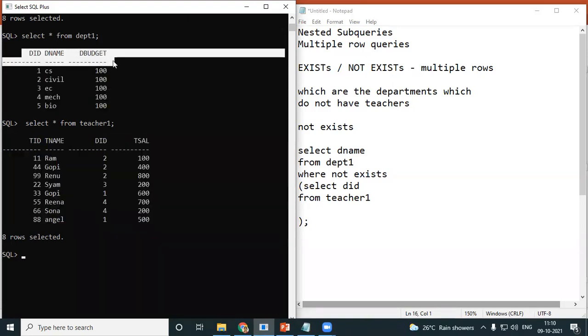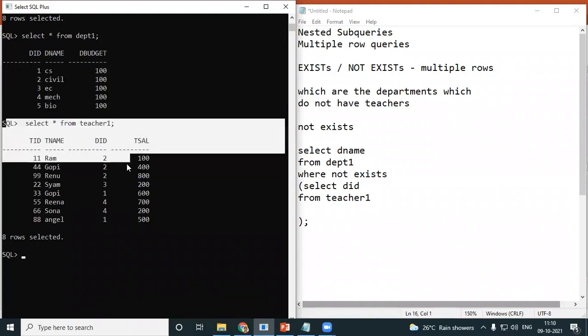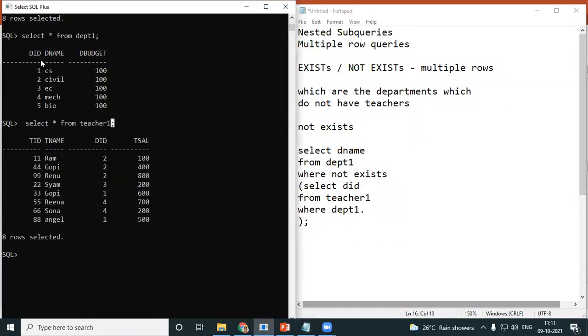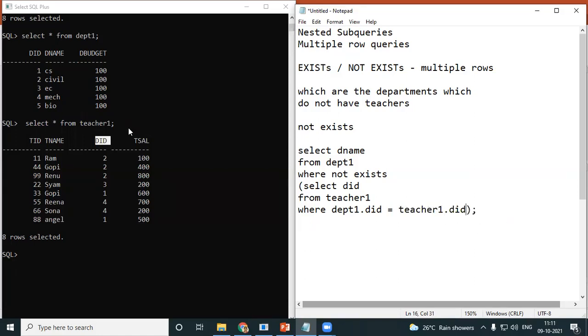So as I told you long back, whenever you want to do a connection between two tables, you should always have where DEPT1 dot, which is the connecting field, DID. Okay, Gloria told me earlier, DID is the connecting field. So now you're going to do a connection between the two tables to find out this answer. So you'll have to give department1 DID is equal to teacher1 dot DID. Okay, I'll end my query. That's it.